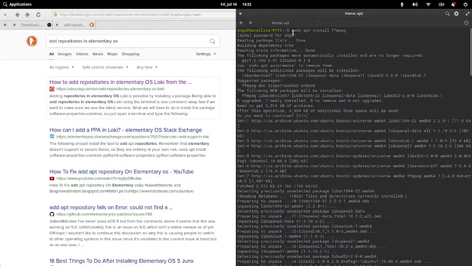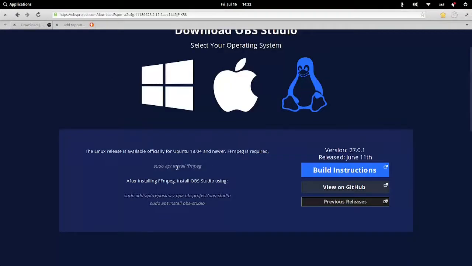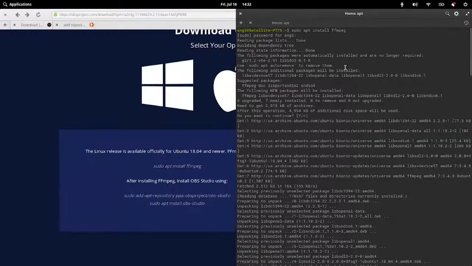I ran the command here for installing FFmpeg, which is the very first instruction right here. I didn't copy and paste it. I actually typed it in myself because I don't know. So anyway, I installed that. That went perfectly fine.